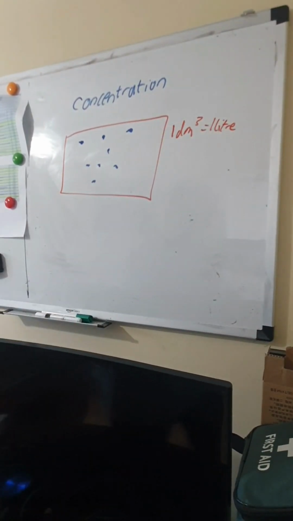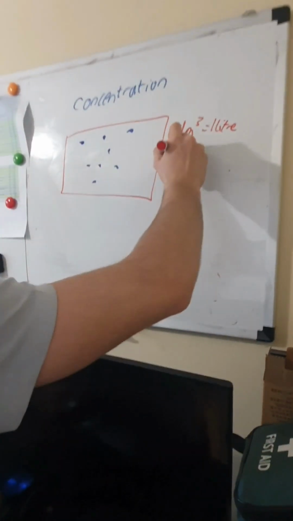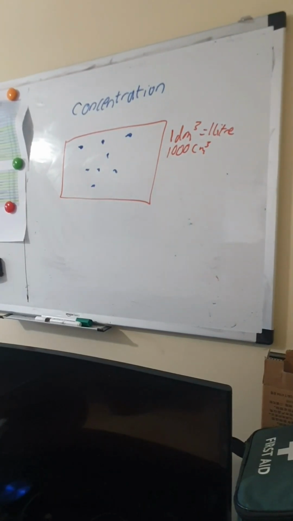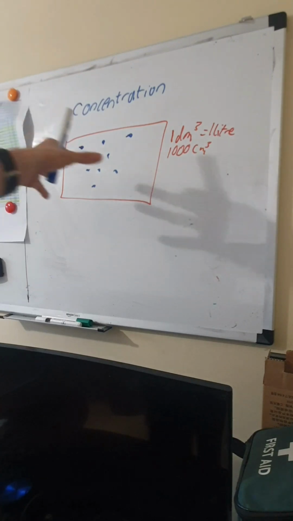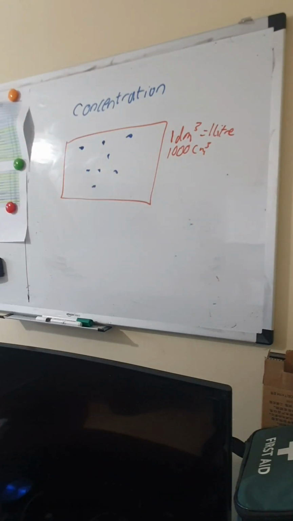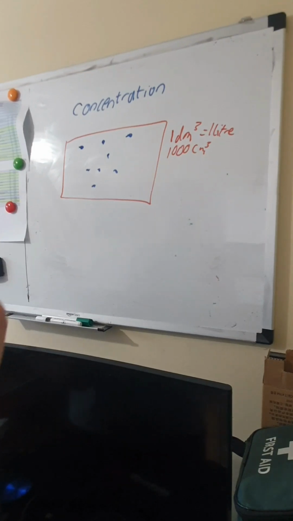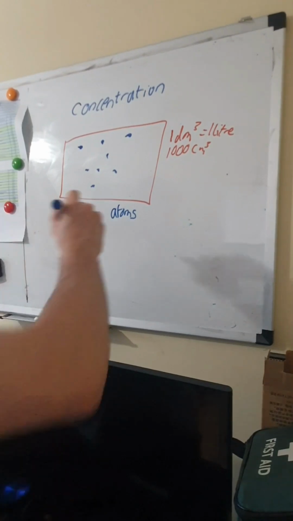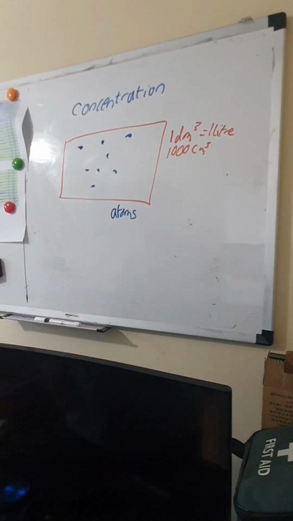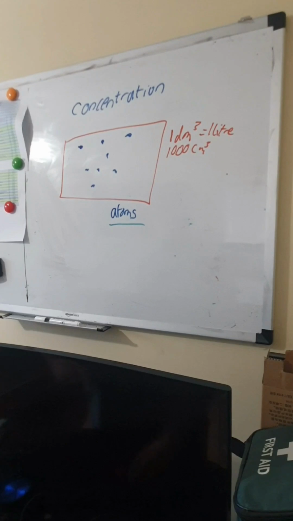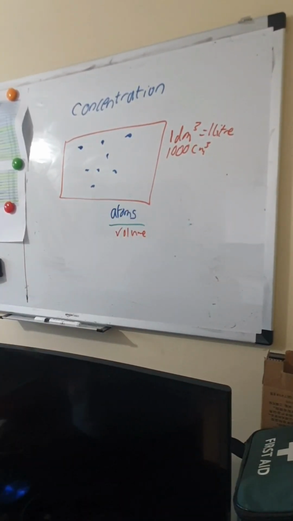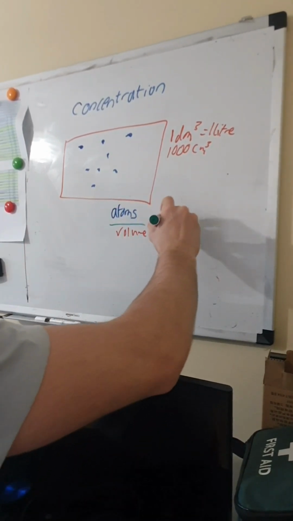But yeah, 1 decimeter cubed, or 1,000 centimeters cubed. That's the same thing. 1 decimeter cubed is 1,000 centimeters cubed, and that's the volume of this box. And we're asked to find the concentration. Well, we can divide the number of atoms by our volume. And that's concentration. And we get out the unit of atoms